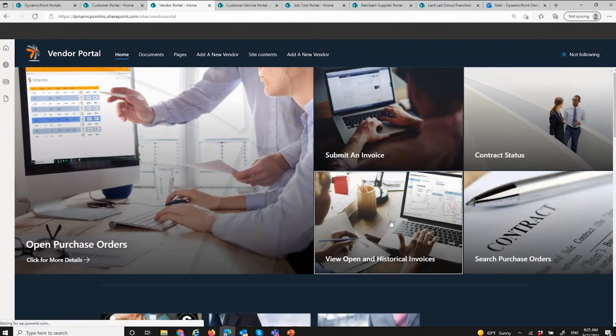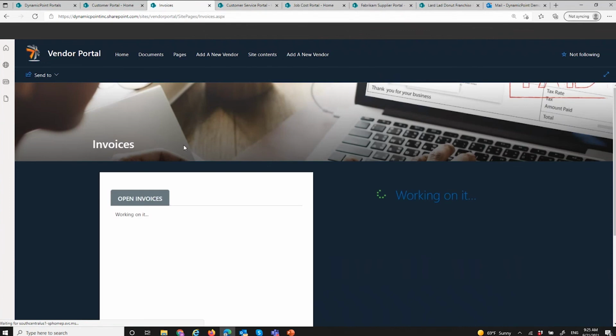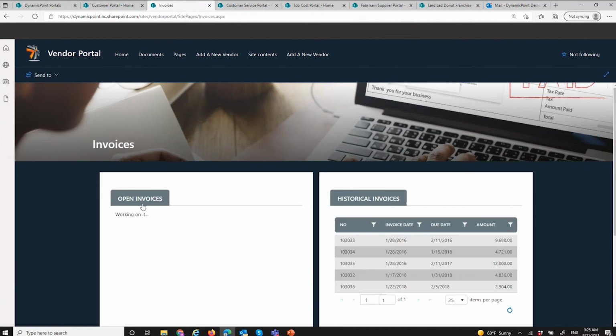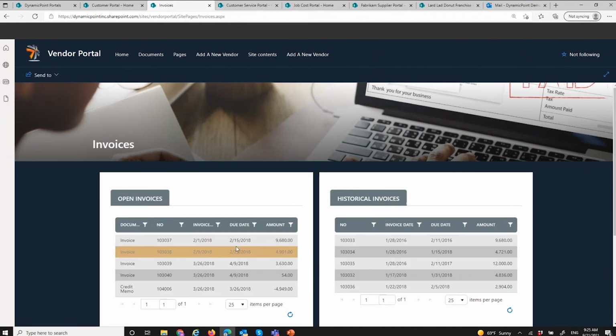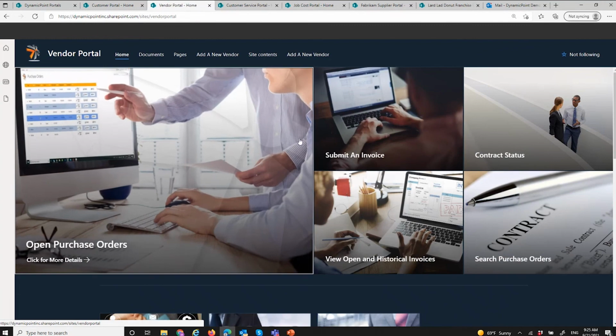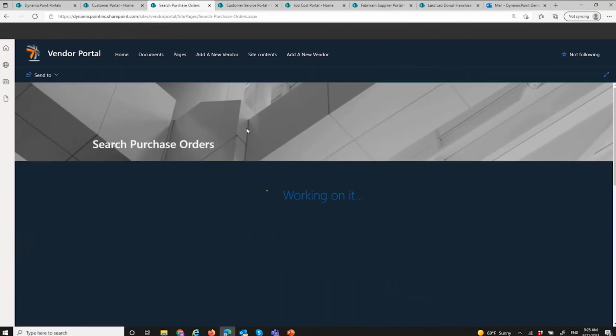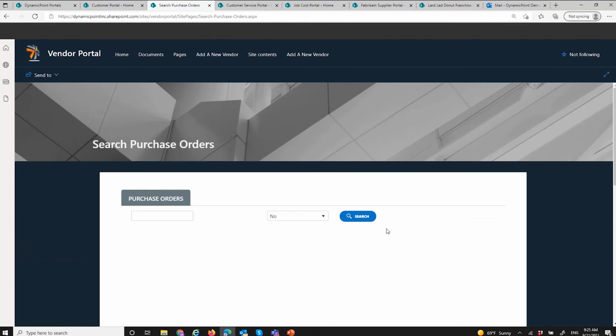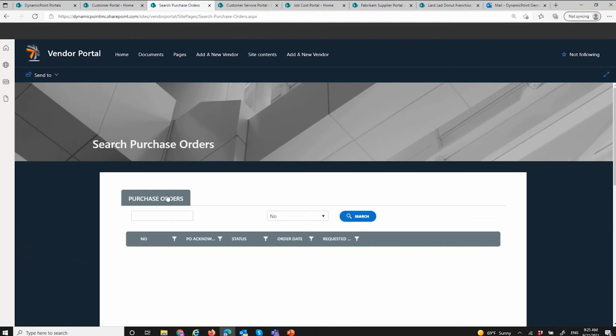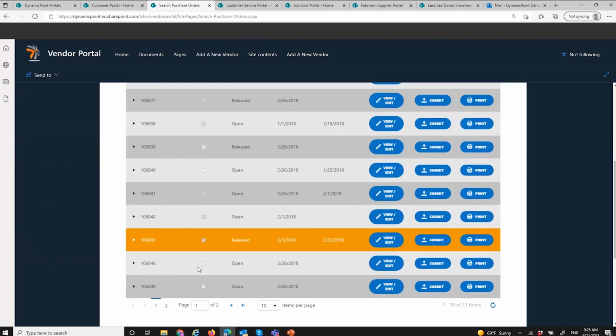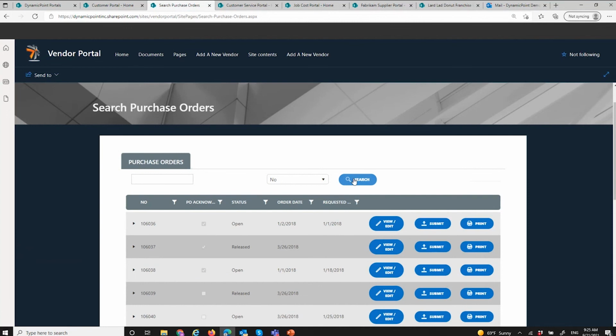Other options, if I want them to see their invoices. So if I click on this, I'm going to show them their open and historical invoices. I'm not showing a ton of detail here, just the due date and the amount. But if I wanted to, I can include other specifics as well as integrate with payment processors if that was an option or a desire for you. As well as here, I have the ability to do search. That's another type of feature. So if I'm interested in searching information such as POs, I'll go ahead and leave it blank. But I could search data directly from the underlying ERP application as well.